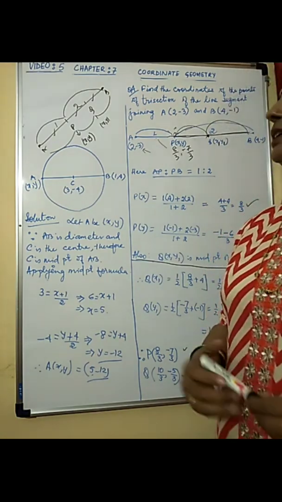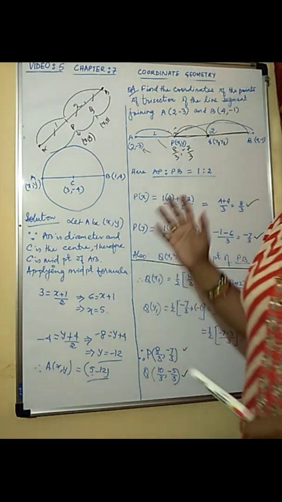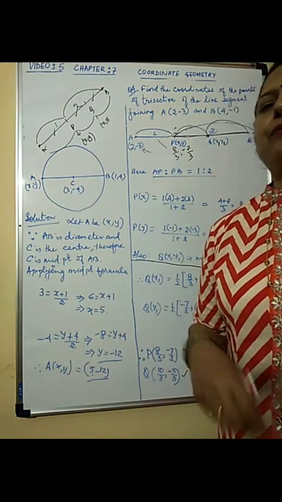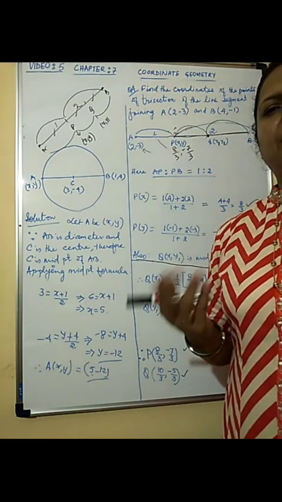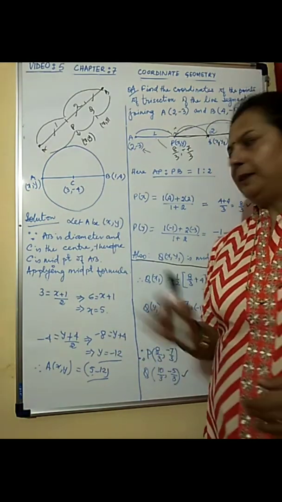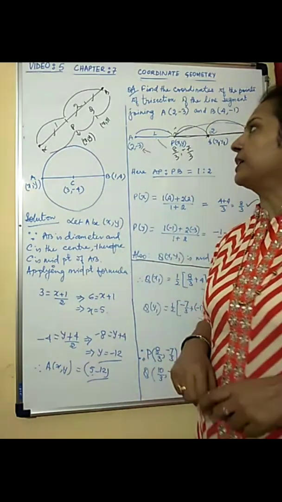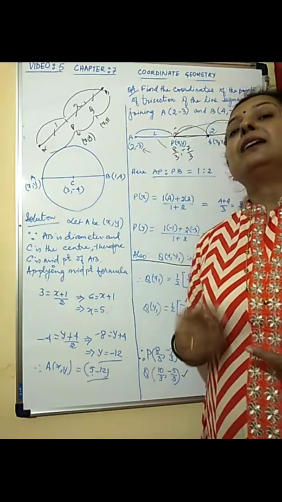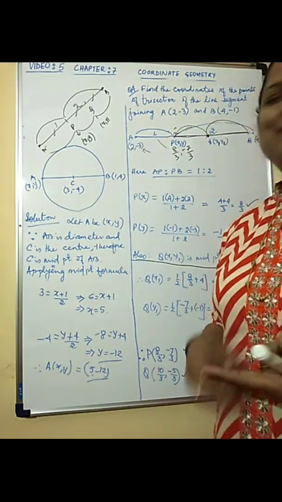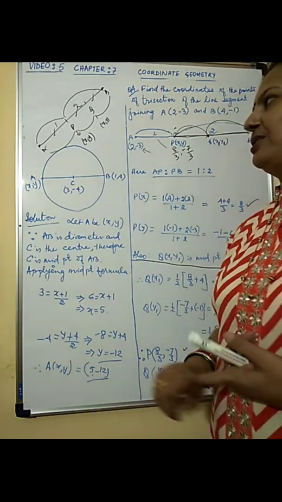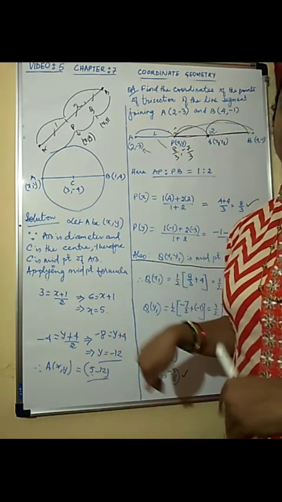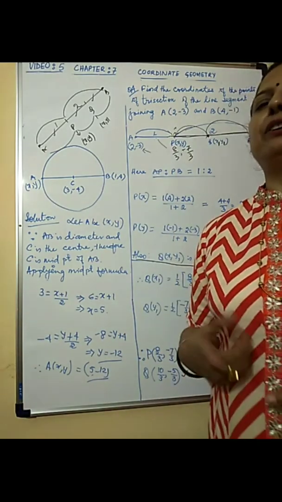So in the section formula, I think this is the only 4 different types of questions that we have. If you come across any other type of question, please feel free to ask in the class. For the time being, related to the section formula, we have these four different types of questions. There are of course higher order questions, which we don't intend to discuss now and through the videos. We will do it later in the class.